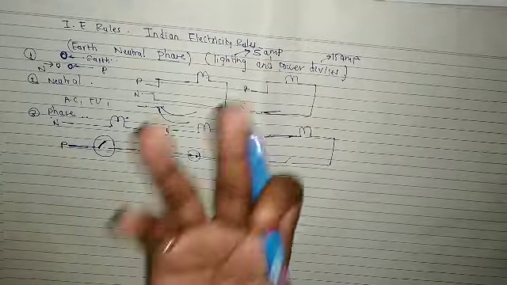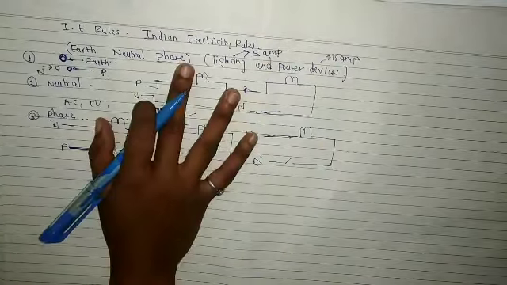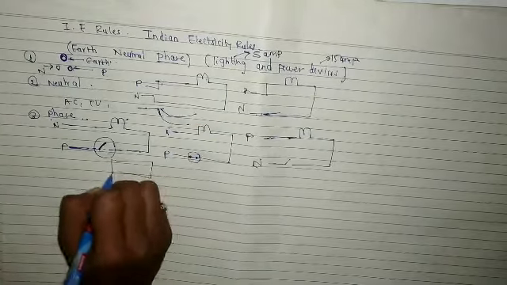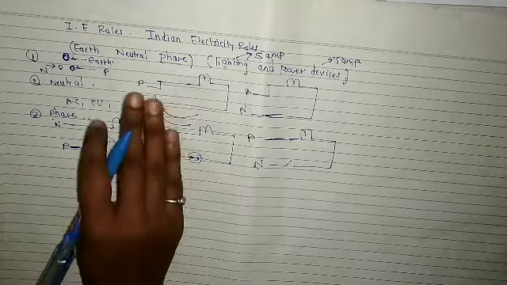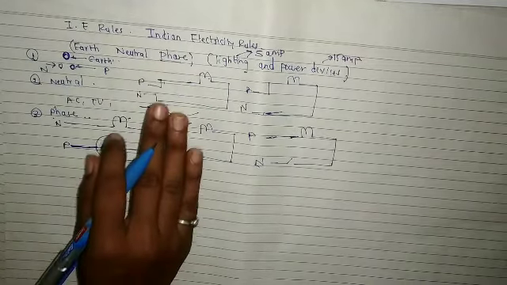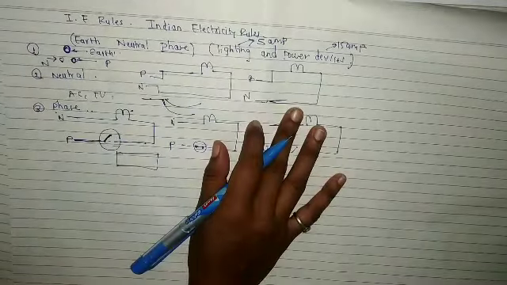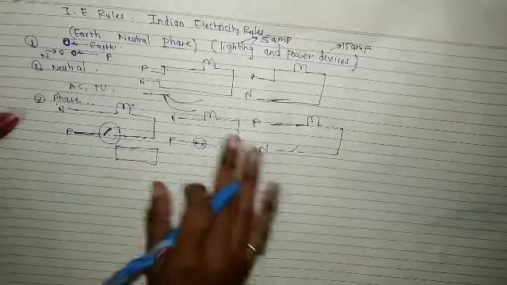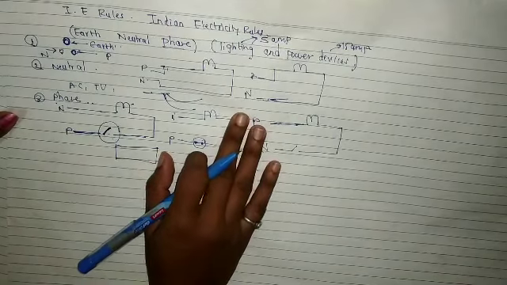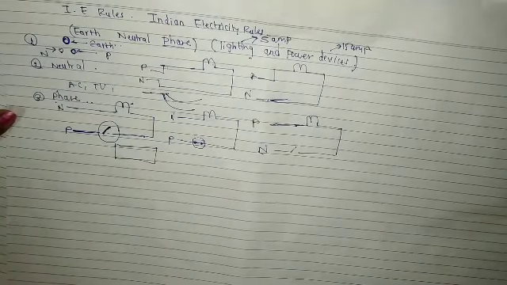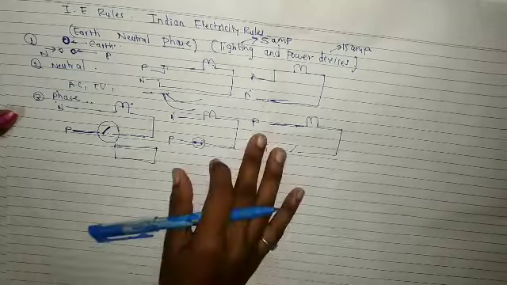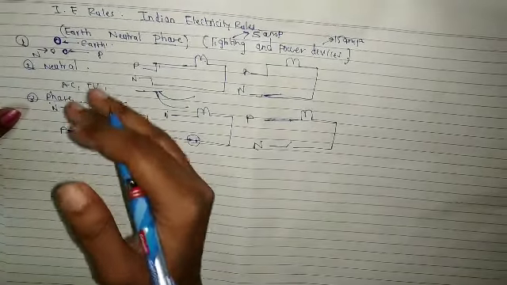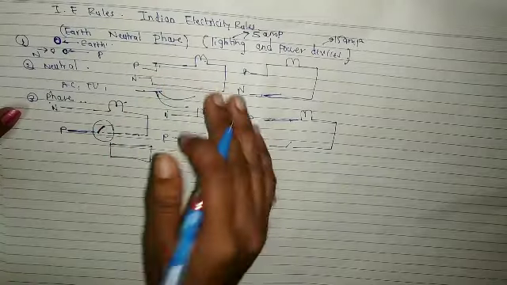So now what are the other rules? The other rules are, the number of points in one circuit. So this is our board. It must have only 10 points. The points must not exceed 10. And the power should not exceed about 800 watts. Okay, so this is one rule. And another rule is that the height of the fan from the ground must be 2.5 meters above. Okay, this is the rule.